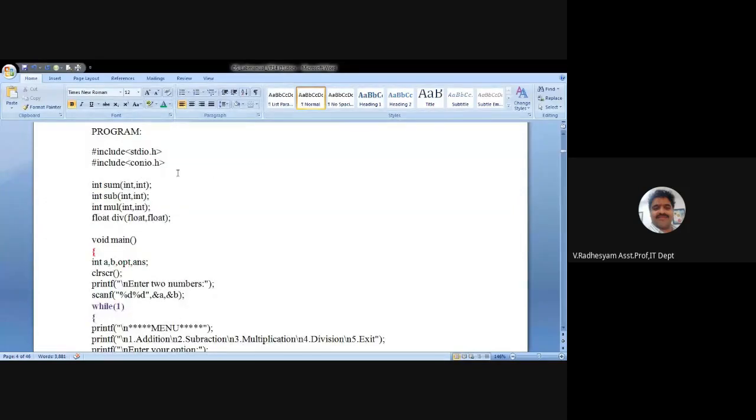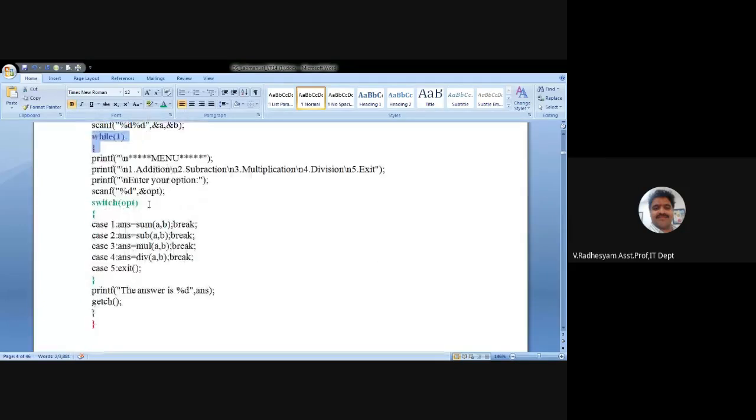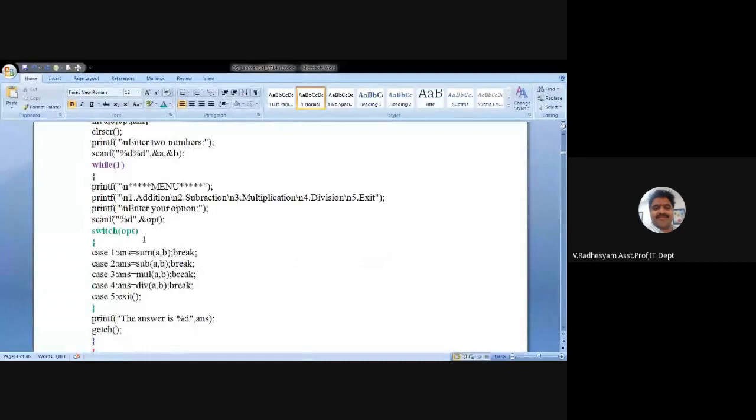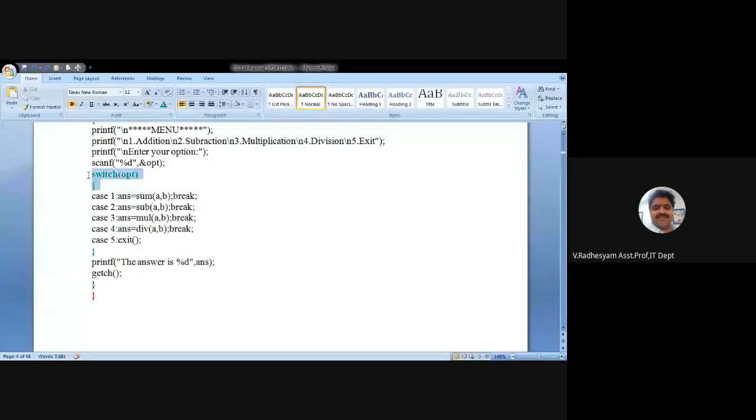First is the header files. Next is the function prototypes. Next is the start of the main. Next is the start of the while infinite loop. Next is the start of the switch case. We started first main, later while, later switch case. What is the latest one? Switch.